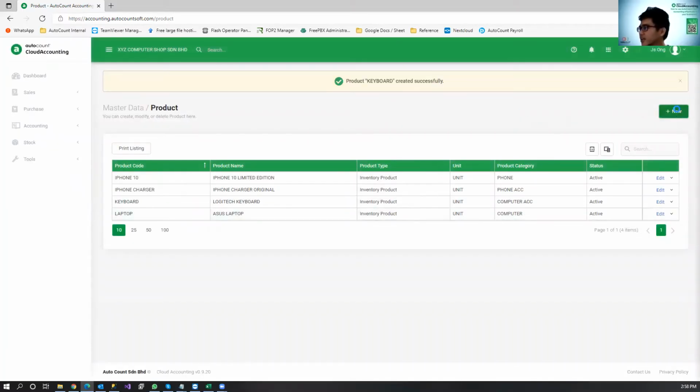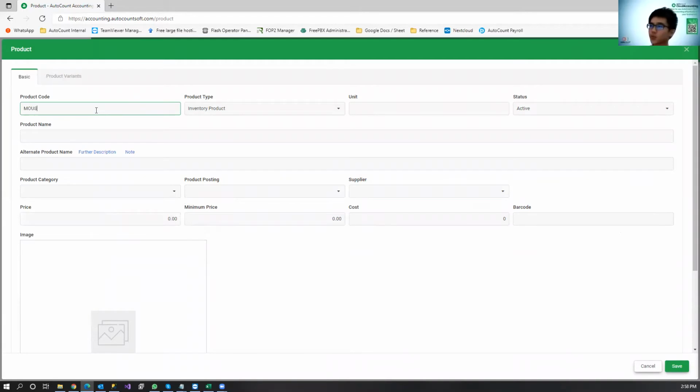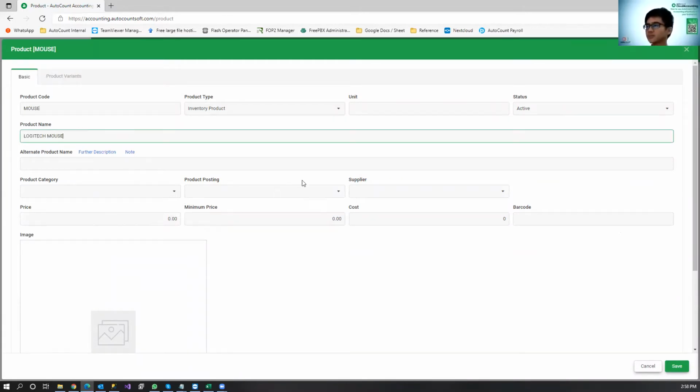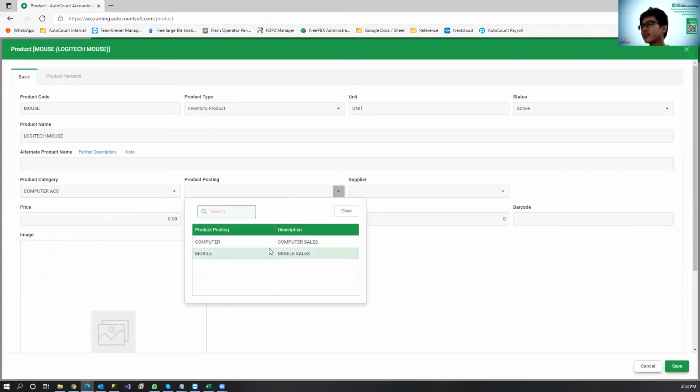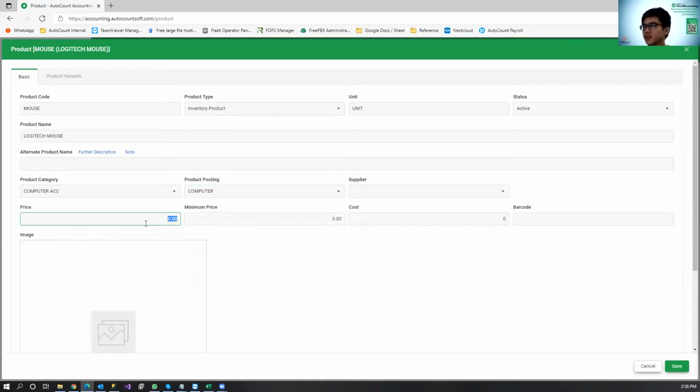And maybe I create a last one, we call mouse. Logitech mouse, unit, and computer accessories, computer. This one maybe I put 15 ringgit, cost probably 5 ringgit. Let's say, and I save.